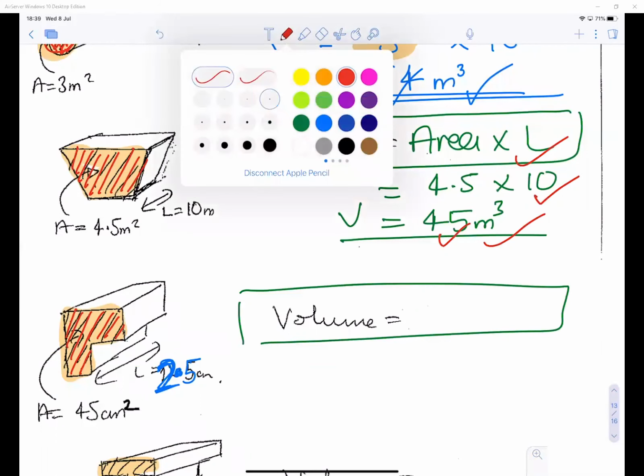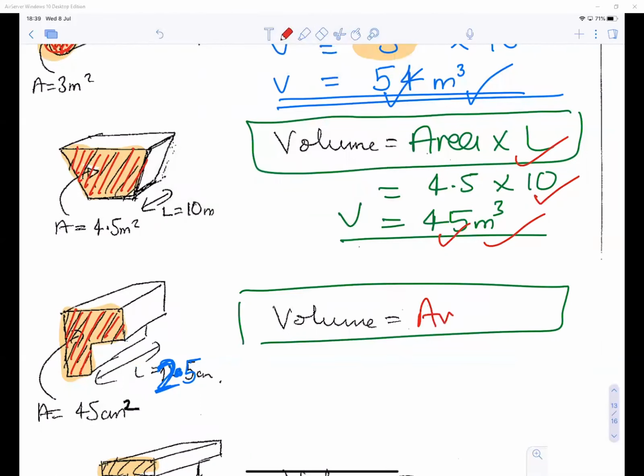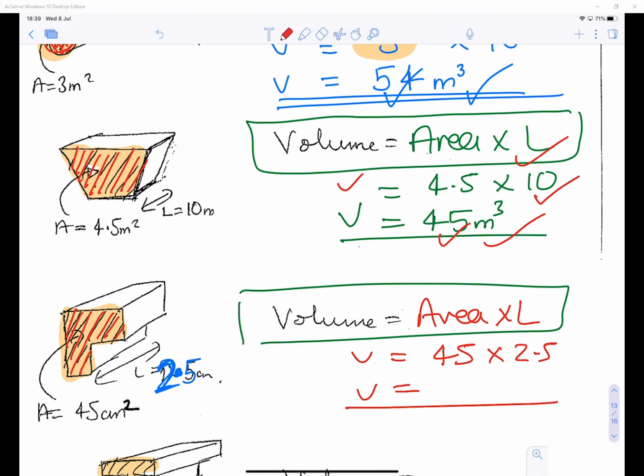So you do area times by length. The area is 45 centimeters. 45. Yeah. And the length is 2.5. And the answer, if we times those two, is 112.5. Okay, if you want to break that question down, we could do 45 times by 2, which